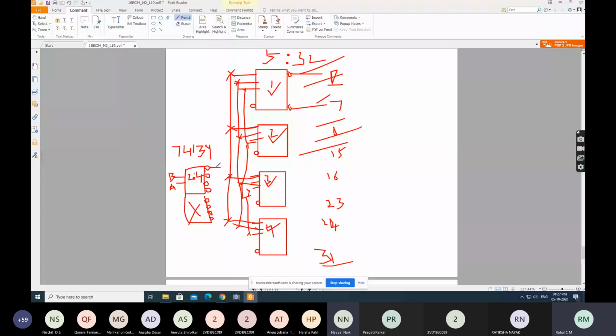A bar plus B bar? That is wrong. Listen here, everyone. It is an active low IC. Active low IC output will be a sum term or product term, A plus B, a sum term. It is having a bubble. It is A bar plus B bar with a bubble there. It will be barred.